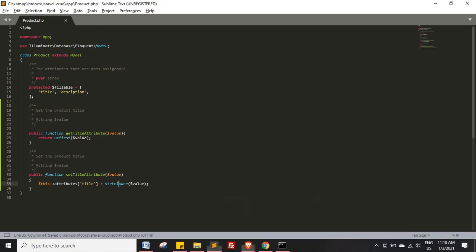Okay, here we have defined str to lower. So how we are doing, once we are saving our data, we are making str to lower. That means all our data will be in lower case, and when we are accessing it, we have made it UC first. That means first letter of that string will be in uppercase.